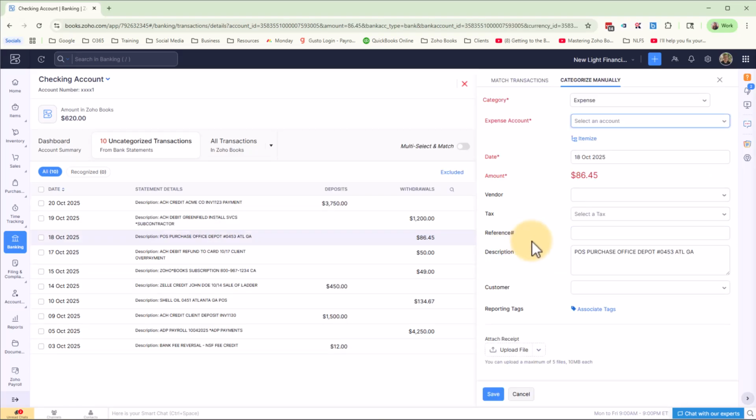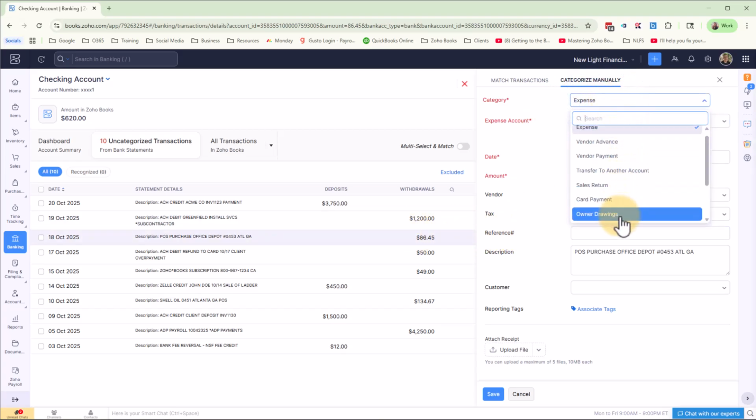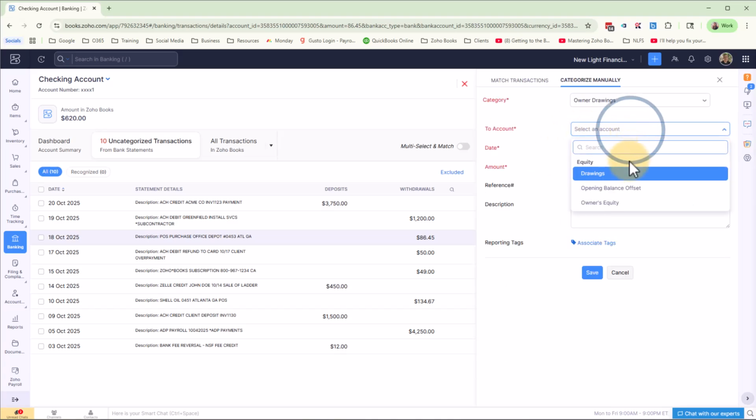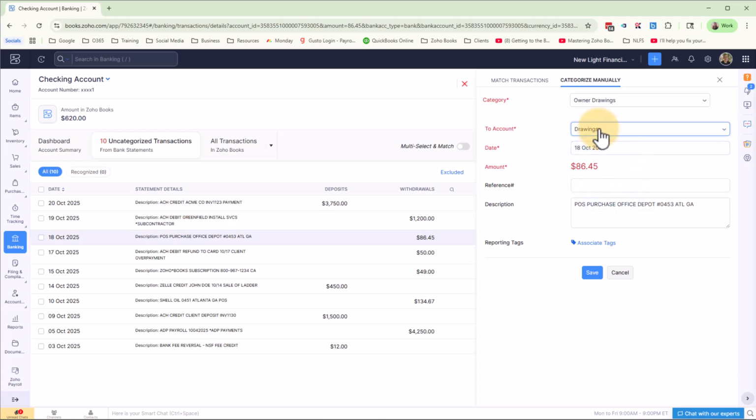So this wasn't actually for the business, but this was on my business card. When you're categorizing transactions, the category you're going to pick is owner's drawings, because that's money you're taking out of the business. It's a drawing. The to account will be a drawings account. You will have different accounts probably than I have here, but it's important to show that you are drawing this out of the account. This transaction will show up on your balance sheet and not on your profit and loss